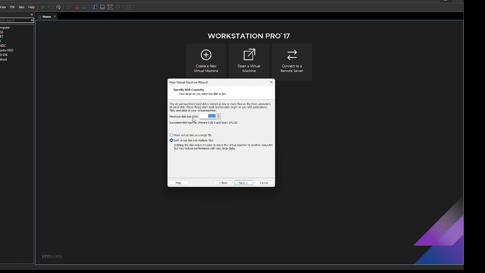Next. Now it is asking what should be the maximum disk size. And again, I will say maybe 1 TB of disk size. If that is not enough, you can still increase, but instead of increasing, you have an option to add a hard disk. I will show you how. Currently it is saying split virtual disk into multiple files. Select that option every time, because it will make sure that it is not using all 1 TB of storage. It only uses the storage which is required. For example, I have given the storage as 1 TB, but actually I only need maybe 10 GB.